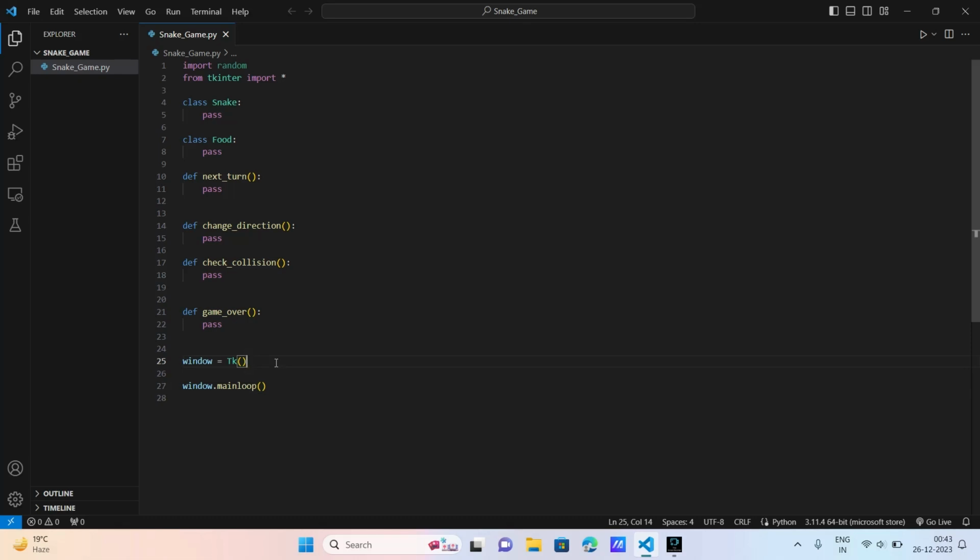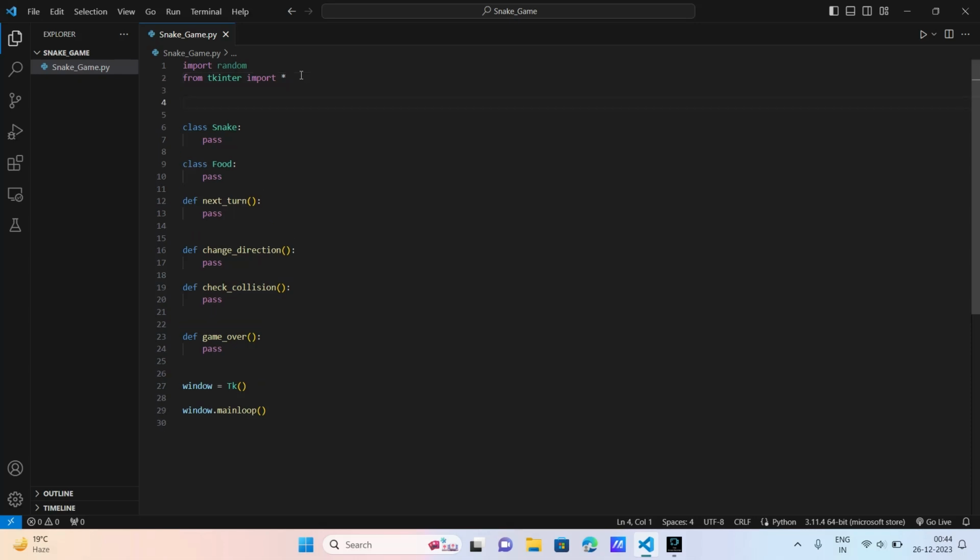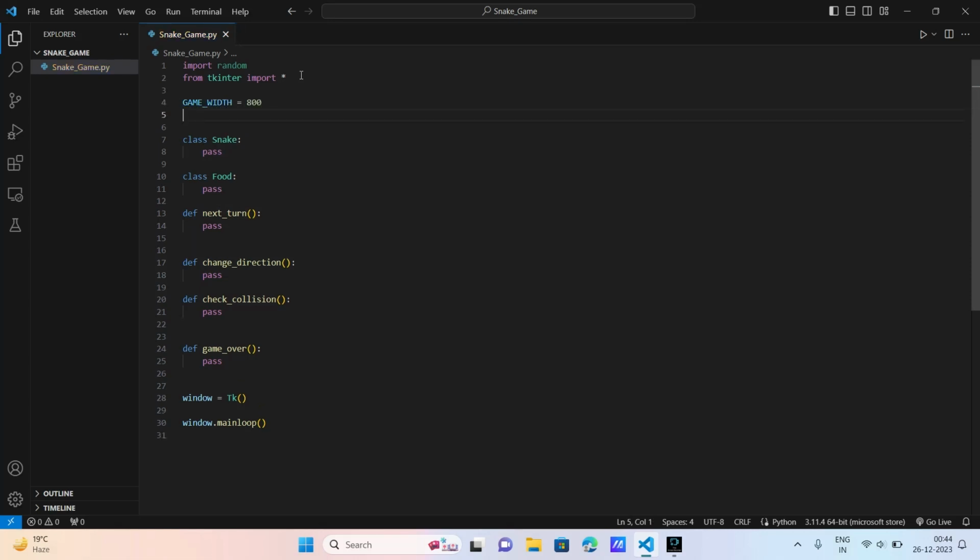Now I'm going to create the global variables, guys, for the window size and the snake size and the speed and body parts and the color. For everything I'm going to create global variables with some constant values. For global variables we need to use capital letters. So let me create our first global variable, that is the constant game width. I am giving it as 800. Next I am going to give game height, that's also